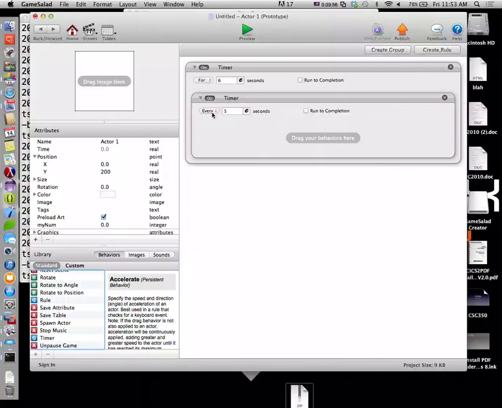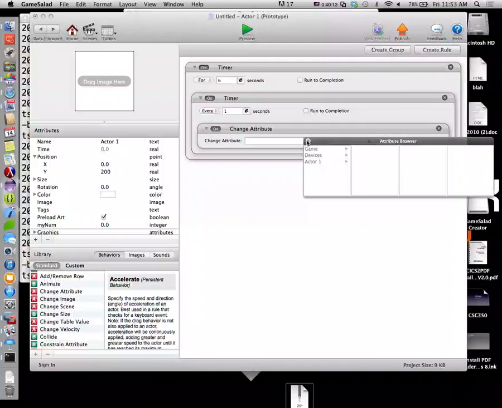And in here, we'll say every 1 second, do something. What are we going to do? We're going to change an attribute. We're going to change this actor's position on Y